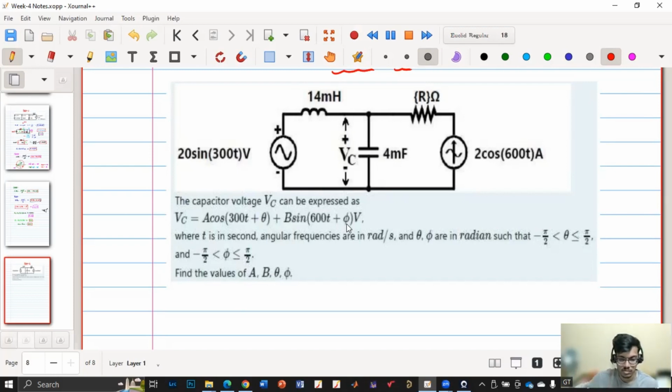Others, any idea? You give your ideas, then I'll say how to proceed and why to proceed. It's not that this is the only way. There are a number of ways to solve a problem, but which would be the optimal or less time consuming way, we'll proceed with that way. Okay. Anyone, if you have any ideas, like how shall we proceed? There are two sources, so